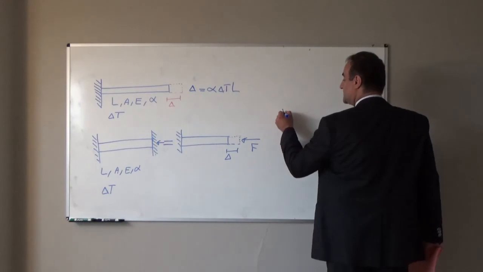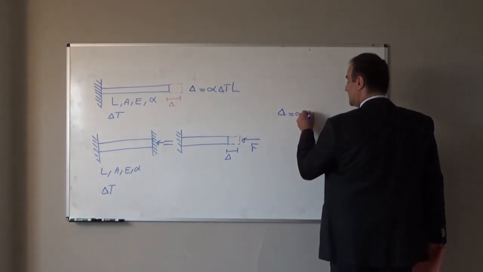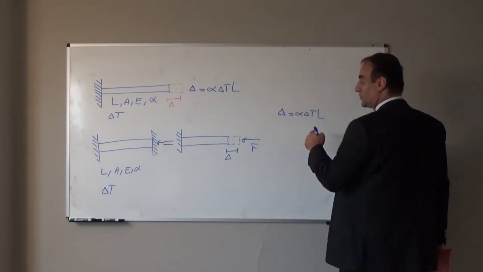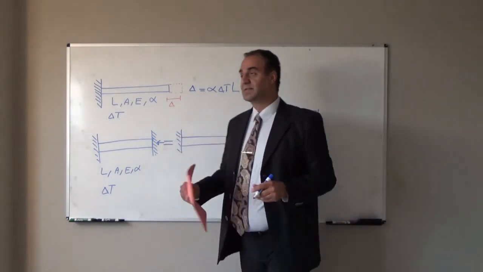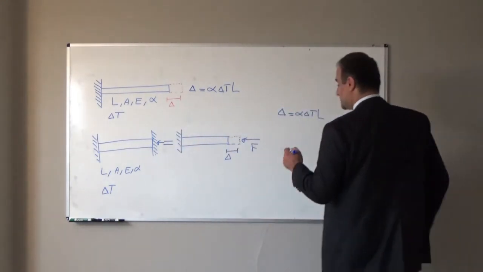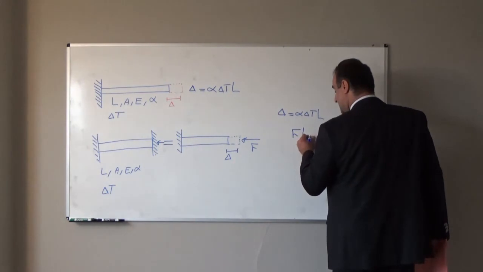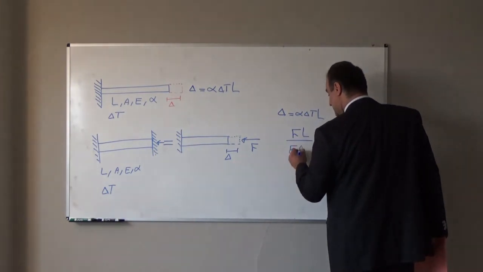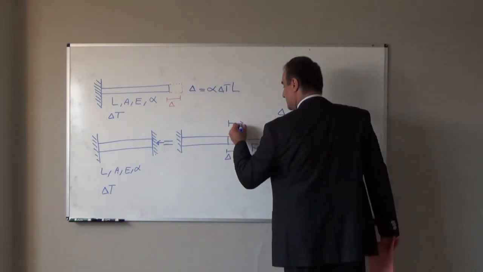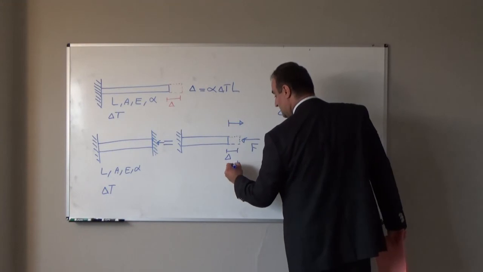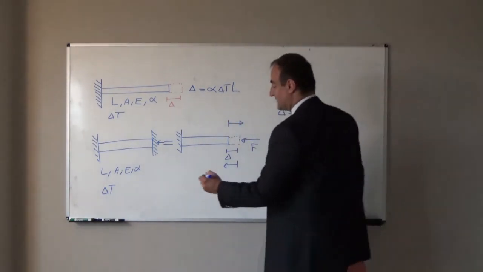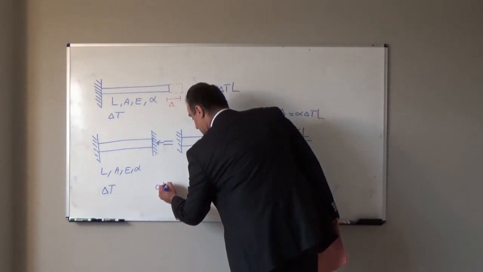The deformation because of temperature is alpha delta T L, and because of that deformation, in this wall we will have a reaction. That reaction deformation will be FL over EA. This deformation from left to right, this deformation from right to left, they should be equal. If we set those deformations equal, alpha delta T